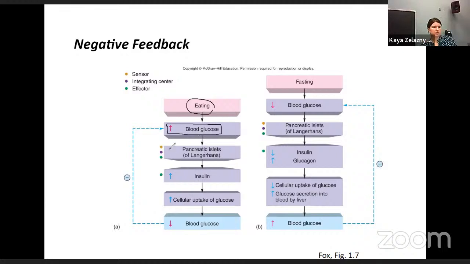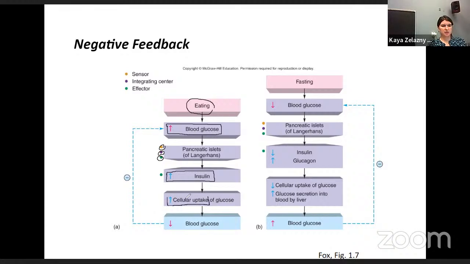Then we have a reaction by a specific gland. In the pancreas, we have a receptor or a sensor that notes that rise in blood glucose, we have that processed by an integrating center, and then we have the effect of an effector organ, in this case those pancreatic glands, and they produce something called insulin that you have probably heard of, right? So super important in diabetes management. So as we have a rise in blood glucose, we have a gland that produces insulin. And what insulin does is it increases